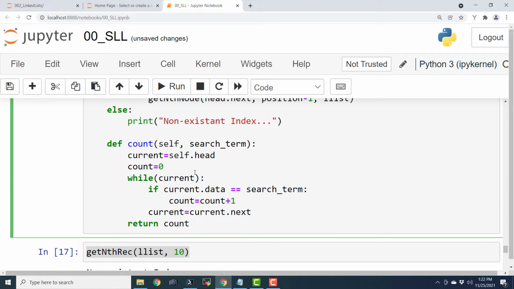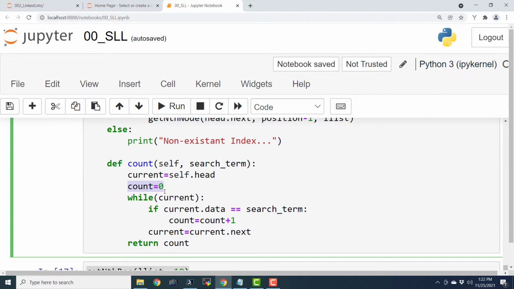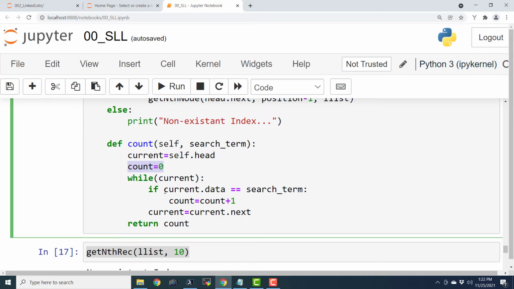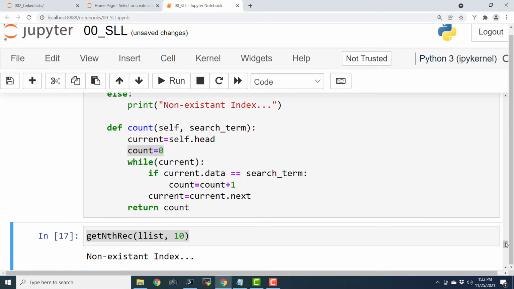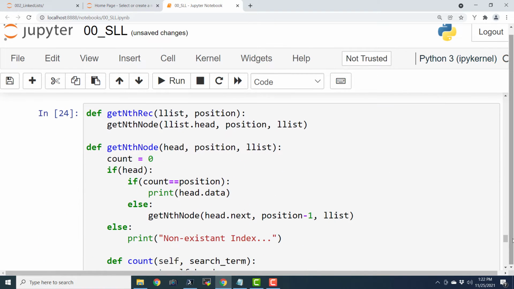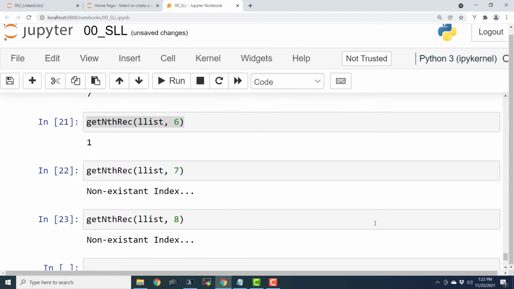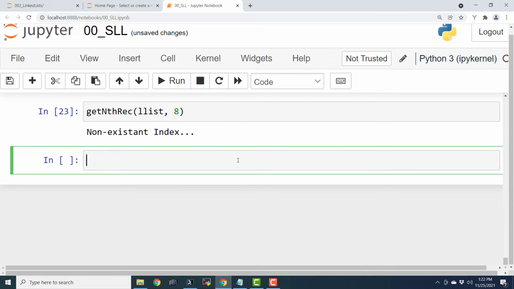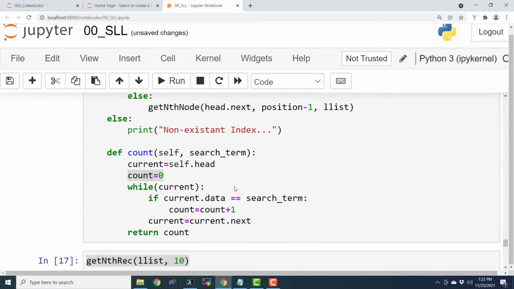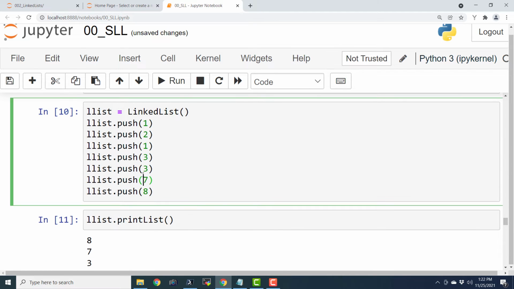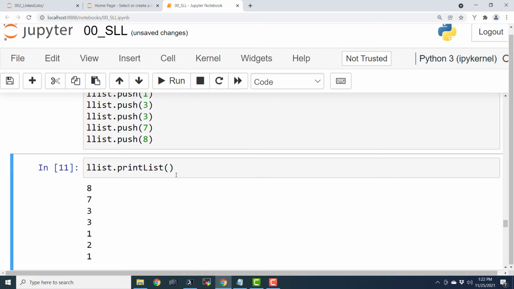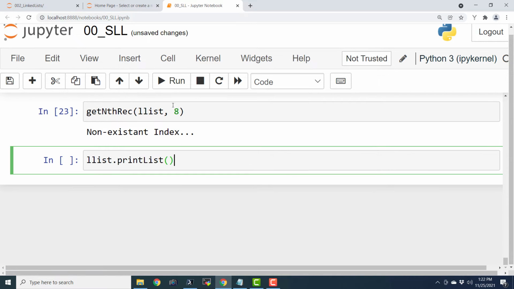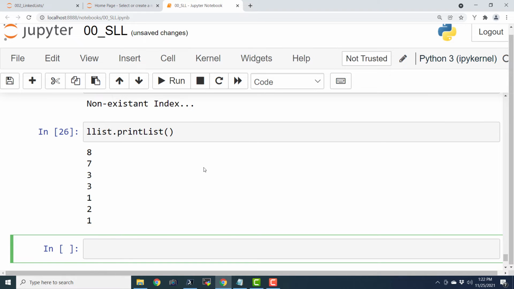And see, if the count is 0, it will return that count 0. It means that it hasn't found that particular integer in this linked list. So let me execute this, or rather re-execute that entire cell. And let us go down here and let us create a linked list. So we already have the driver code for that ready. So this is the linked list, and we will type in this thing in the next new cell, and this is the linked list.